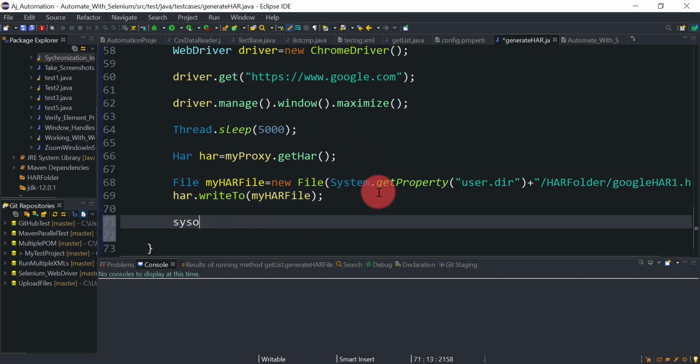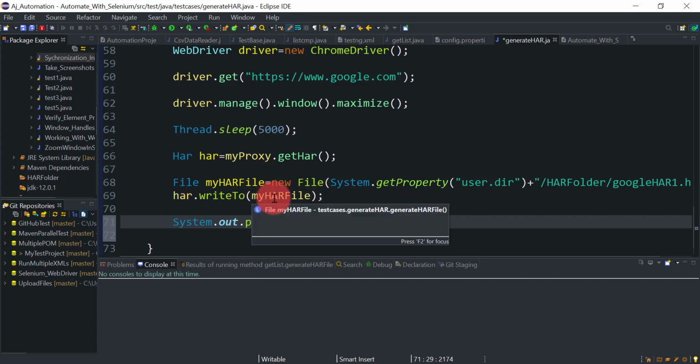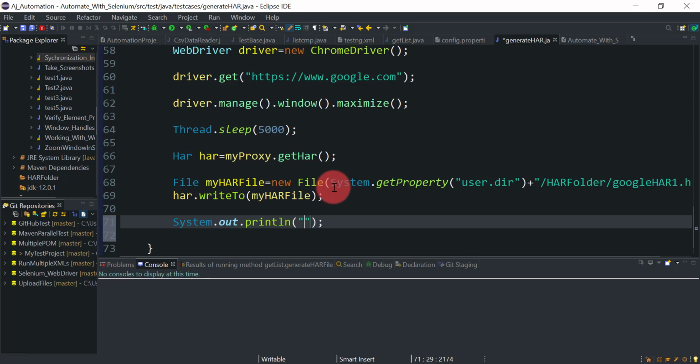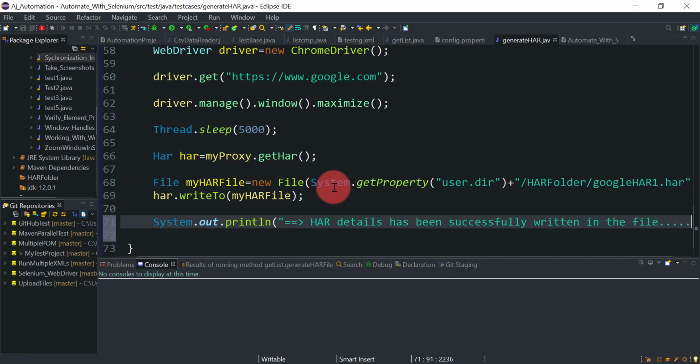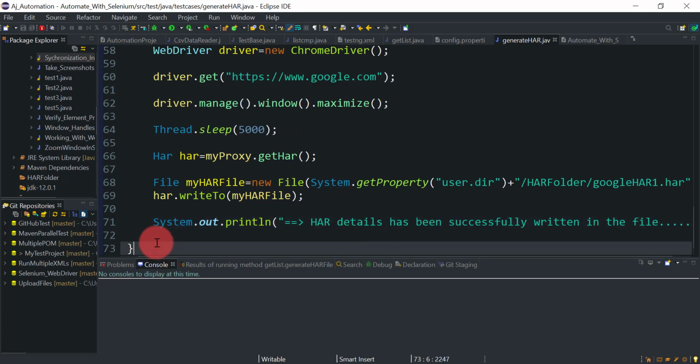And we can print some statement in the console. Once this statement is executed, that means our HAR is successfully written to this file. So we can print that here: HAR details have been successfully written in the file. Okay, something like this, and that is done.